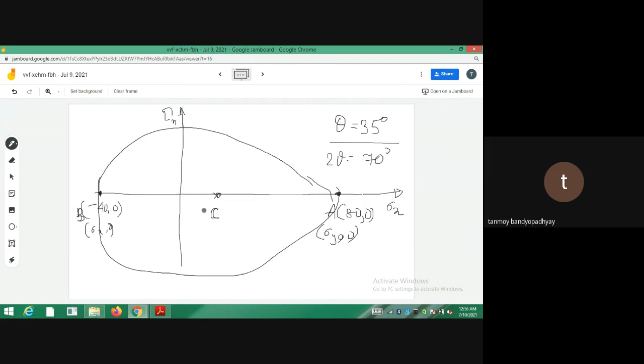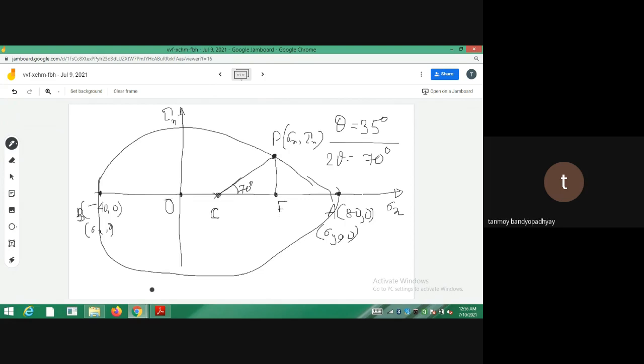So from the center, you draw one 70 degree line. If you draw one 70 degree line, it will intersect at some point P. That point will have the coordinates of sigma n and tau n, which we have derived. So you get the point P, you drop a perpendicular, and you measure this length. Suppose this length is say E.